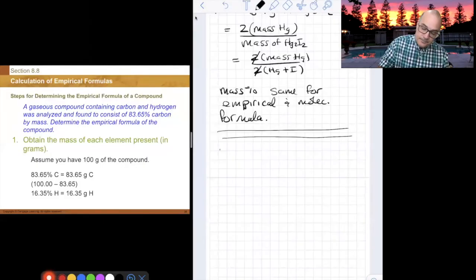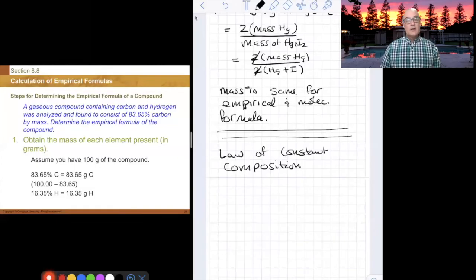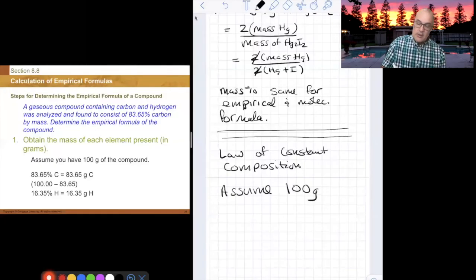Well, there are a number of steps to take to figure out the formula from mass percent. And again, I'm going to write down the law of constant composition. Very important law in science and chemistry. The law of constant composition says the composition of your compound is the same no matter how much of it you take, whether you take a kilogram or a 55-gallon drum or a pound or an ounce or a gram or 100 grams. So since we can take any amount that we want, the easiest thing is we're always going to assume that we have 100 grams of our stuff, right? If we do this, then the mass percent translates easily to grams of that element,